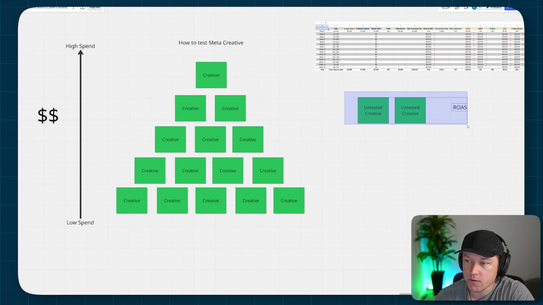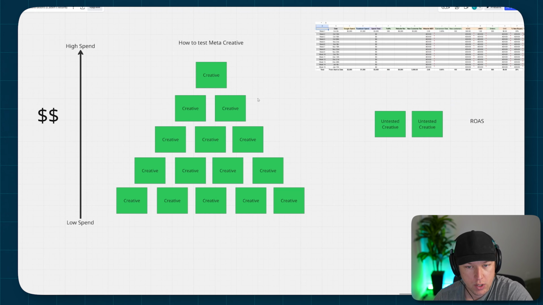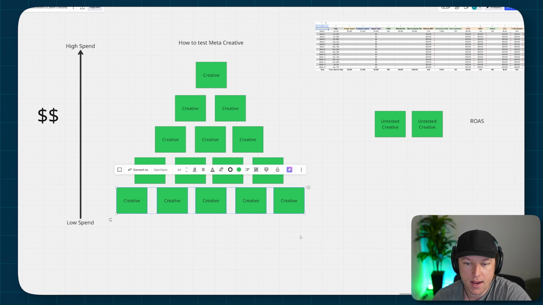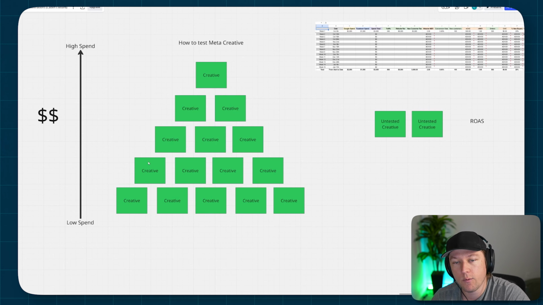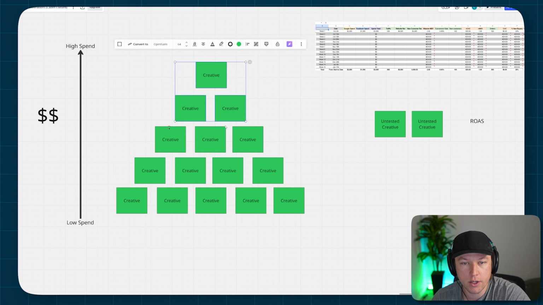So anyways, if you are running Andromeda and you're running the one campaign structure that we have with the one ad set, and you're throwing all the creative into one ad set, and you're essentially allowing it to build the funnel and seeing what it's doing inside of the spend. Over here, you'll see high spend to low spend. One creative tends to be the winner, and then the spend kind of fatigues more and more and more, and you get sort of an average of everything on the bottom here, whereas the spend is more pushed towards the